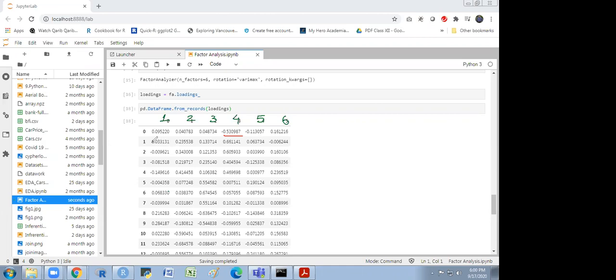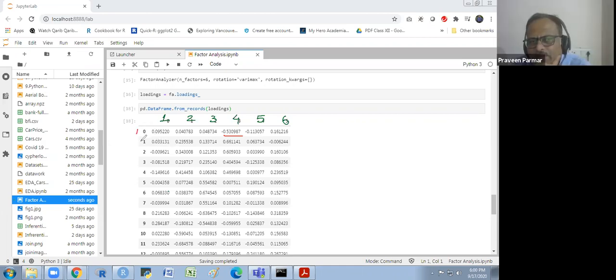This is the first column basically, because Python starts the indexing from 0. So in the second column, the highest value is again here. This also goes to the fourth factor. This also, this also, this also. So all of these will go to F4.